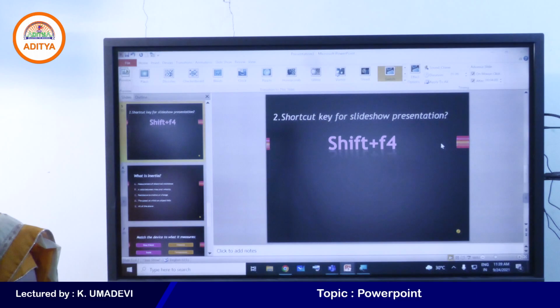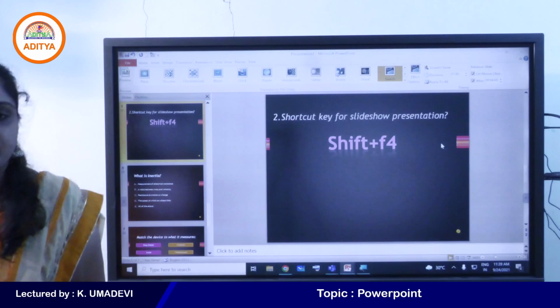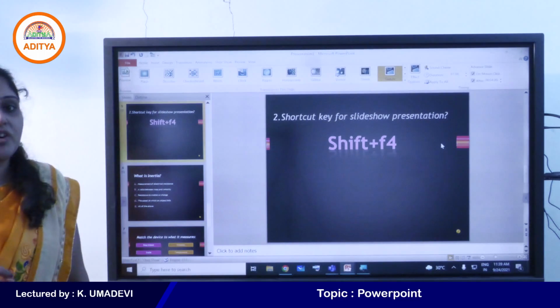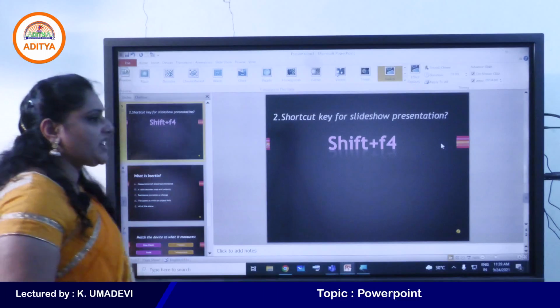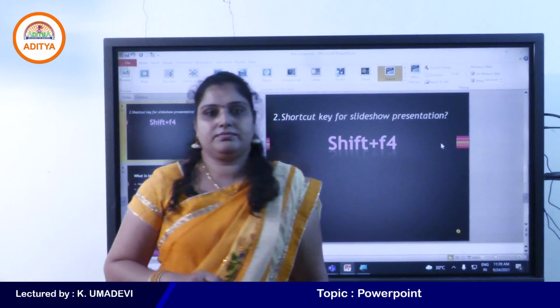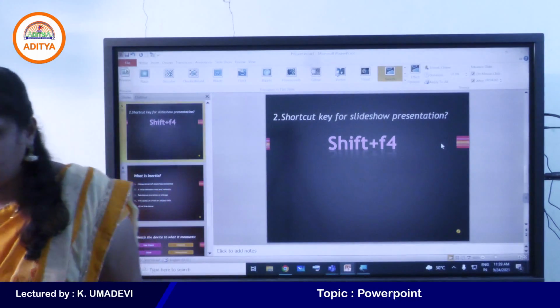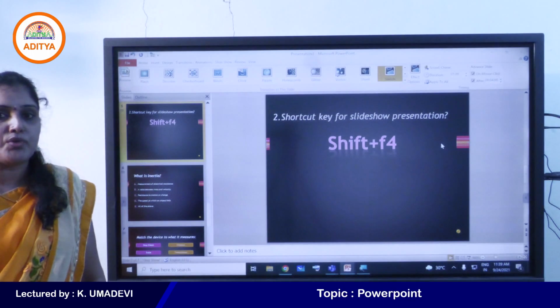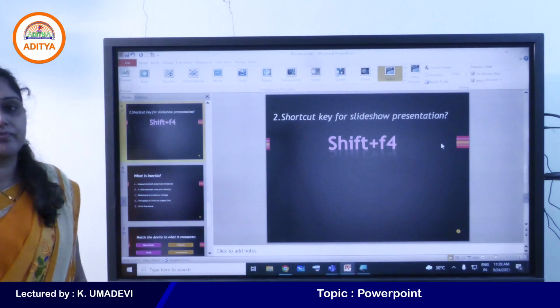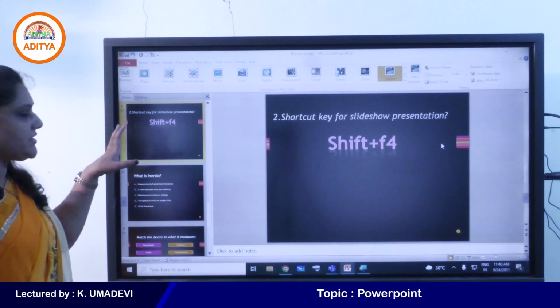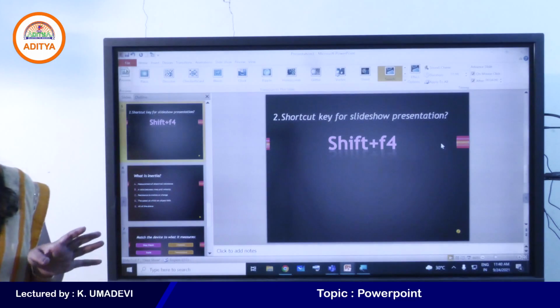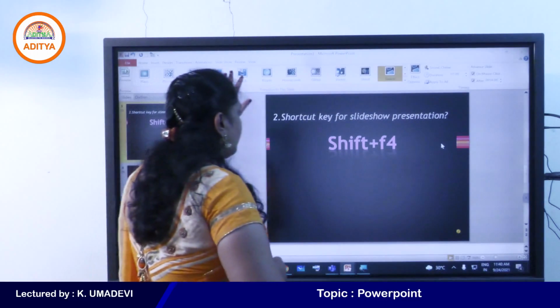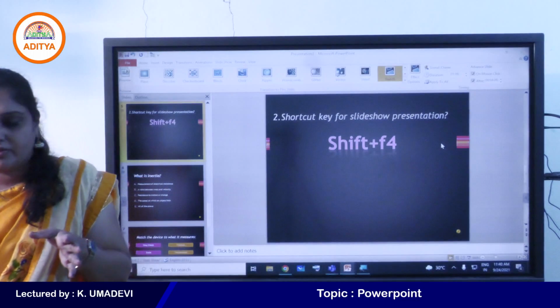Satyam, what is the doubt? Do you understand, students, yes or no, about transition effects and timings? Because timings is the most important feature in PowerPoint to run the slideshow automatically. Otherwise we can do it manually by using cursor keys and mouse clicks. Clear, students? So many types of transition effects are available, so you can apply all these effects on your system or laptop, students.